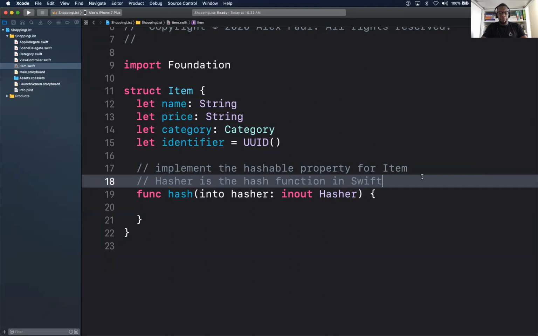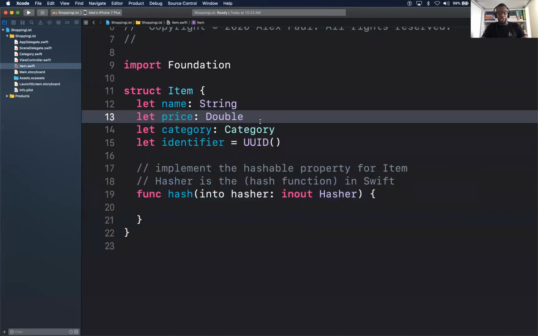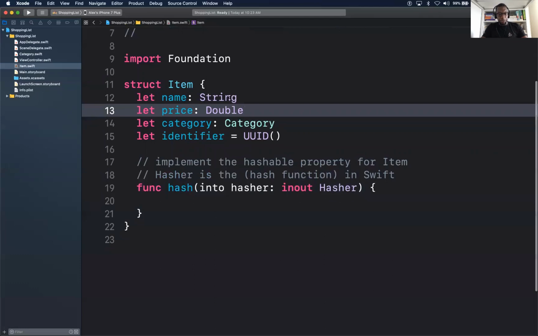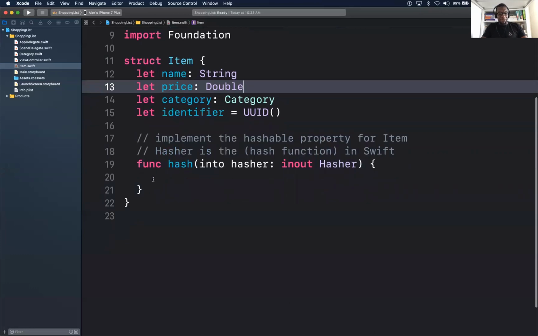Swift. Do we want our price to be a string? Oh no, very good. Thank you, Kelby. This is a double. Okay. Very good. Yeah, if you see those things, please let me know quickly. Price is not a string for sure. Price is a double. Eventually, we'll convert a double to a string, but for now, price is a double for sure.